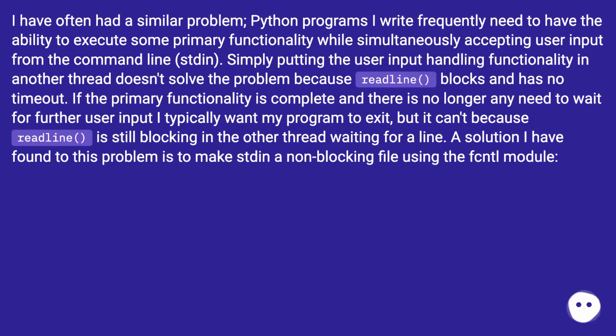I have often had a similar problem. Python programs I write frequently need to have the ability to execute some primary functionality while simultaneously accepting user input from the command line, stdin. Simply putting the user input handling functionality in another thread doesn't solve the problem because readline blocks and has no timeout. If the primary functionality is complete, and there is no longer any need to wait for further user input, I typically want my program to exit, but it can't because readline is still blocking in the other thread waiting